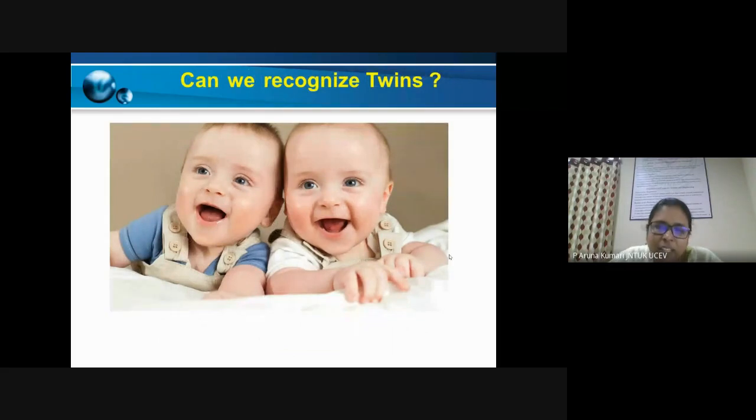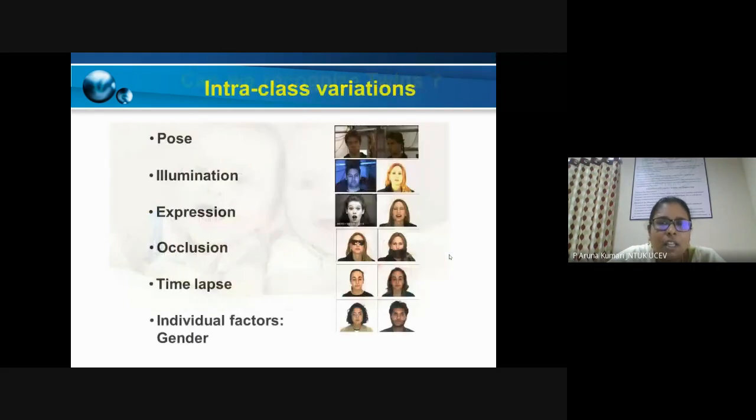At the same time, if you are considering twins, and you are using face-based biometric systems, then what happens in the case of twins? Obviously, in most cases, twins have similar features. Then obviously these are different problems that you are getting. Other than this, for example, if you are using face-based recognition systems, and if you observe that we have the different